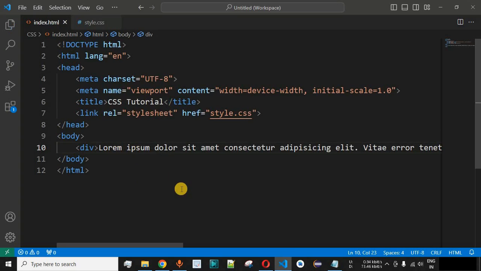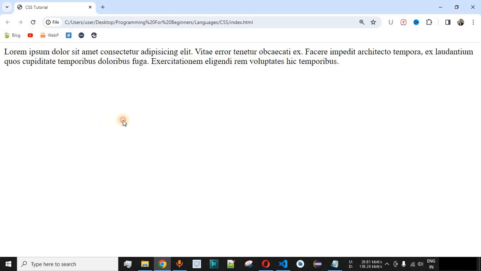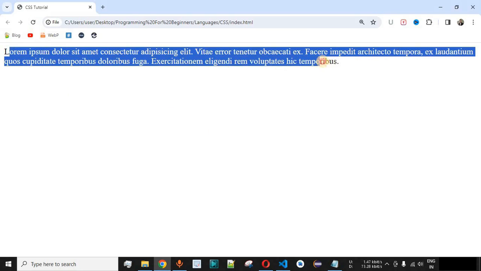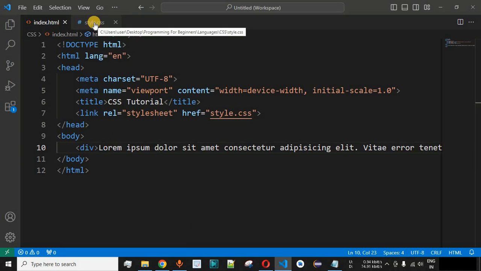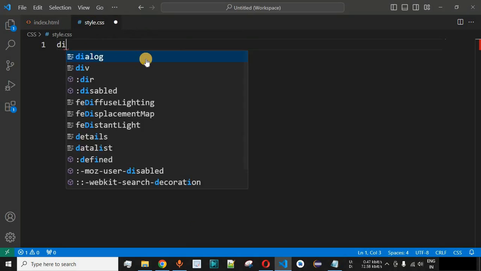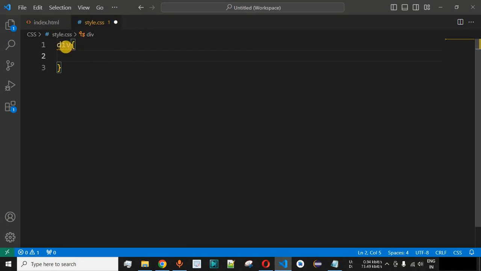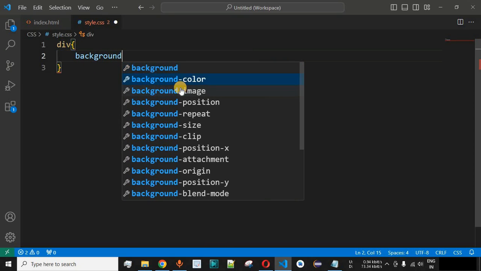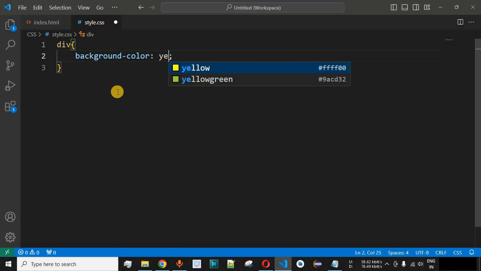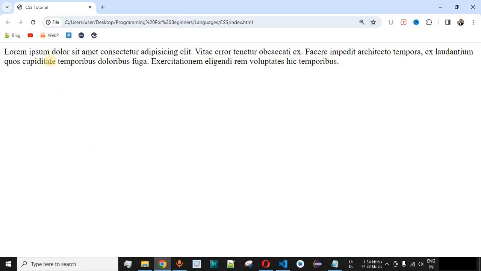Now guys, let me just save this file and try reloading this page on the browser. So as you can see, this is the content that is provided inside the div element. Now guys, let us provide a certain background to this div element. So over here we have to come to the style.css file, and we are going to define the tag, that is div. By using the tag name, we define the background color. In this case we provide background-color as the name of the property, and let's say we provide the color as yellow. Let me save this file and reload this page once again on the browser. So as you can see, we have the background color as yellow for this particular div.